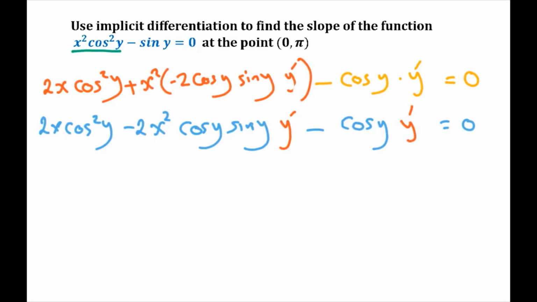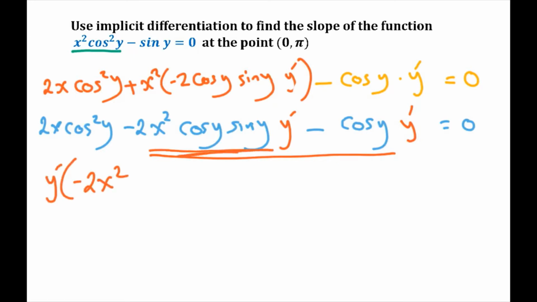Now I'm going to move this one to the other side of the equation, and take a common factor of y prime. So I'll start by taking the common factor: y prime times negative 2x squared